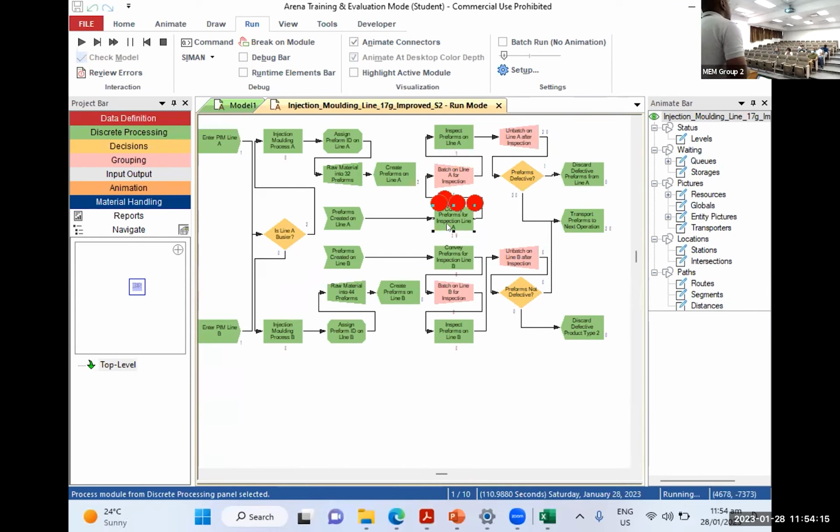This is an example of how we can apply the simulation to really measure, analyze, and optimize the production system. So that in the end, we may save on certain things as opposed to implementing and physically changing the layout to then optimize, measure, and see the end result, right? So for example, after all that time, it took the red raw material from line A to go to this process, and then the other set of materials coming from line B.